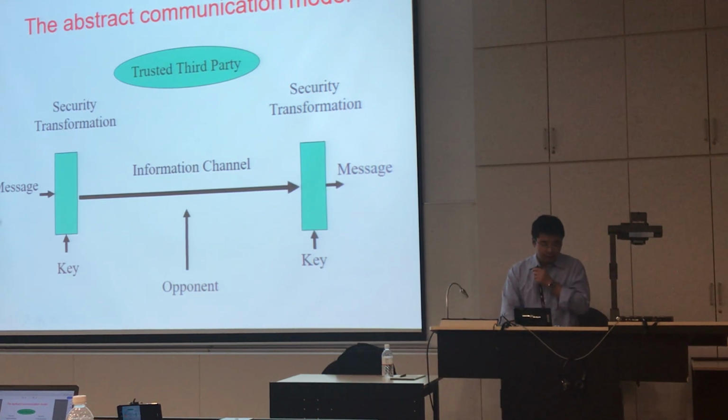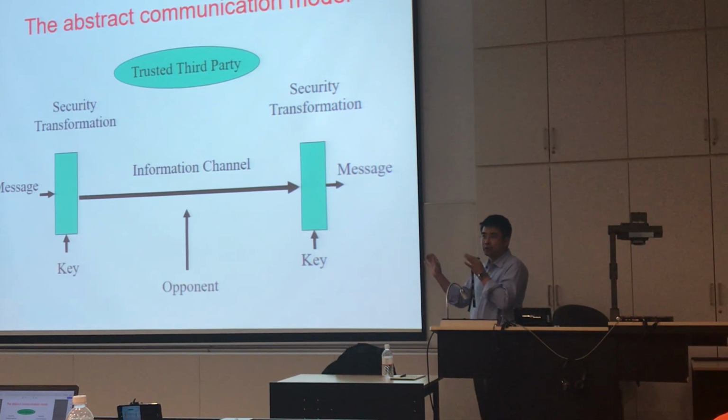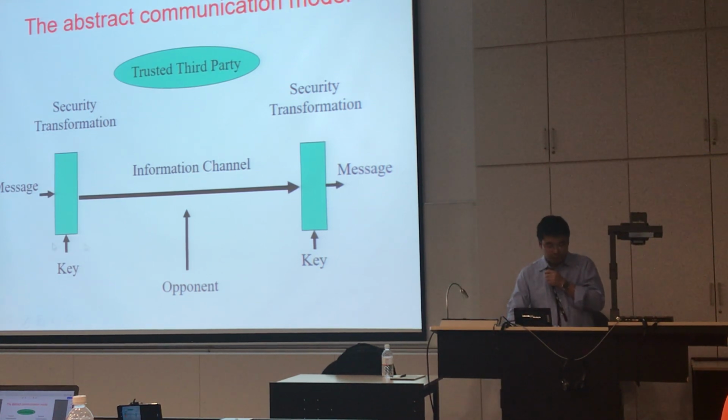But if, say, only the sender and receiver have the key, and the attacker does not have the key, then this is an advantage of the users against the attacker. So they can protect the message, they can recover the message, but the attacker cannot, because the attacker does not know the key. So how to enable this key to be established?